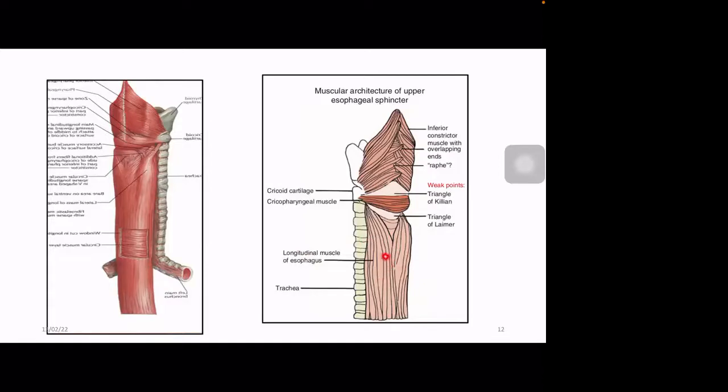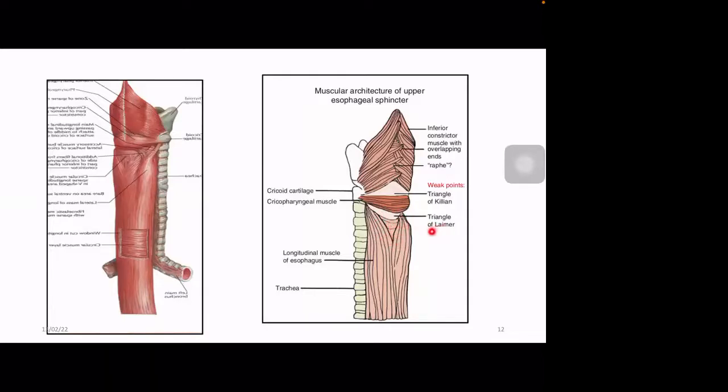So I've just taken everything so that you can have a better understanding of these weak areas in the esophagus. The important thing which you must remember is this Killian's triangle. This is the oblique fibers of thyropharyngeus, horizontal fibers of cricopharyngeus, and here you get the potential space of weakness, the Killian's triangle. And below the cricopharyngeus, there is a deficient V-shaped area or triangle between the longitudinal fibers of the esophagus and the circular muscle layer of the esophagus, where the longitudinal muscle layers are deficient,